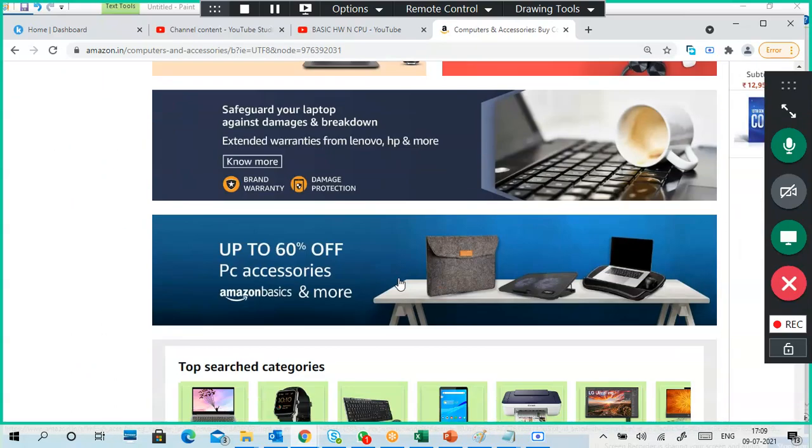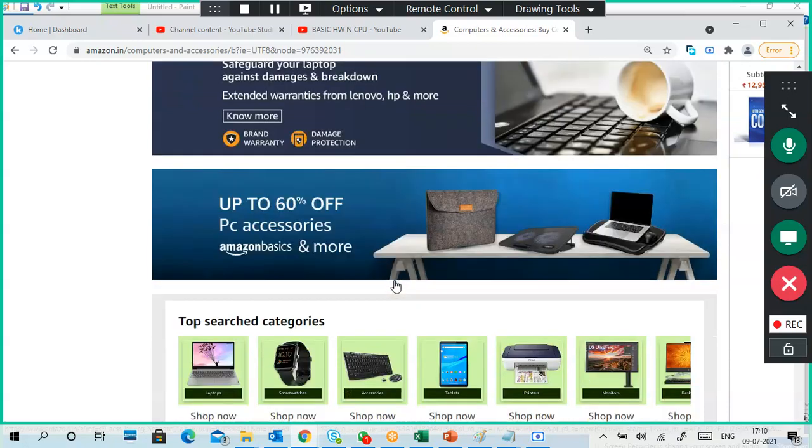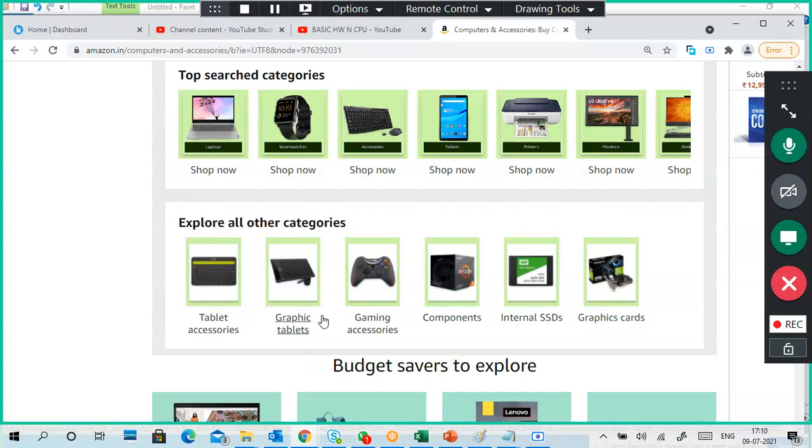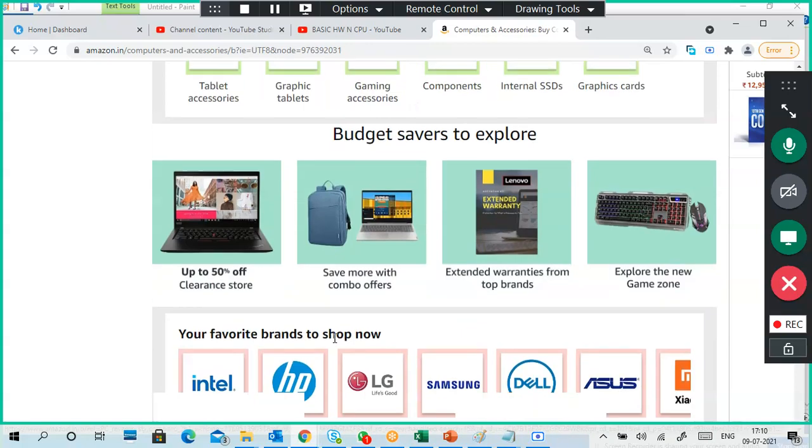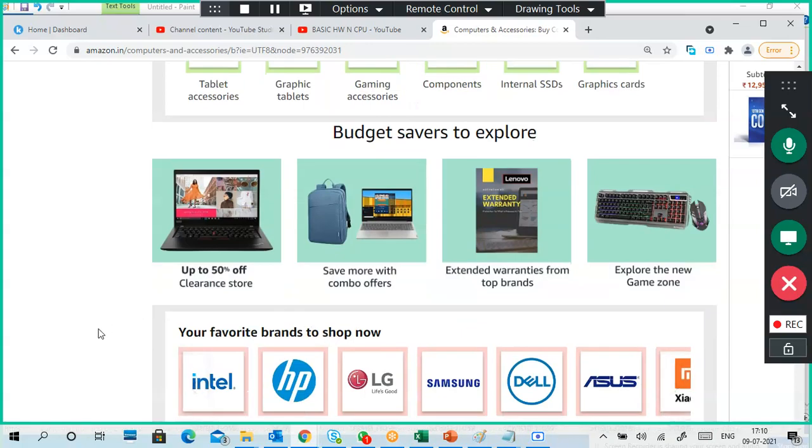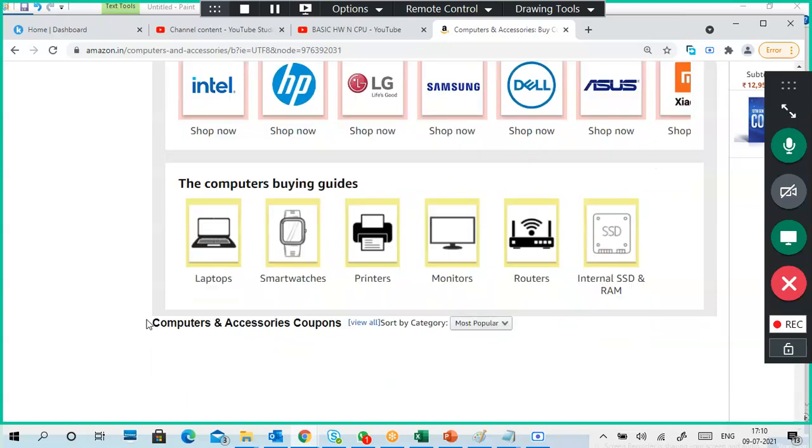And guys, my personal suggestion is, a lot of people are thinking of converting their laptop from hard disk to SSD, because it's very fast. If you don't install more applications, or unnecessary applications, then you can